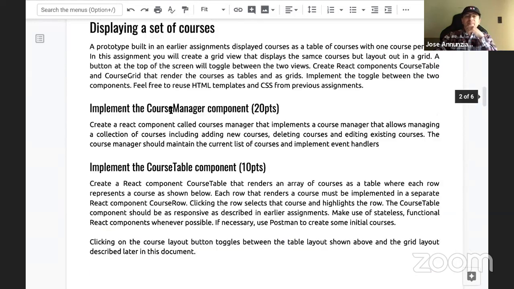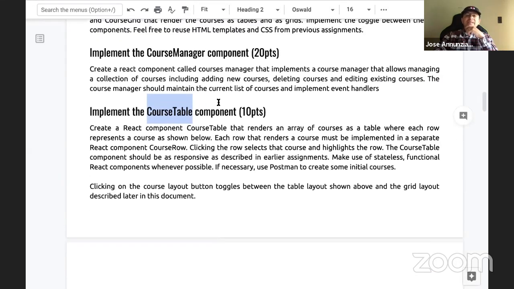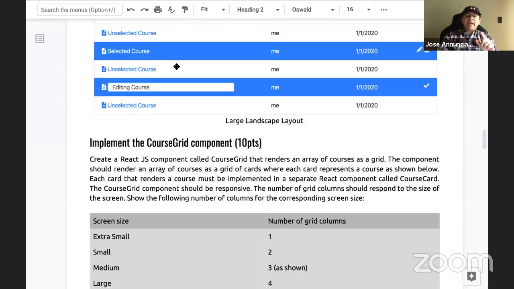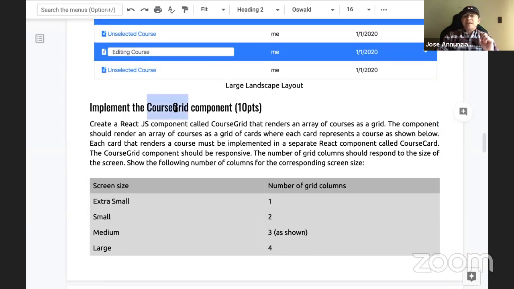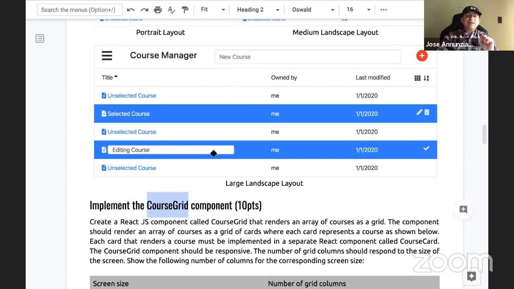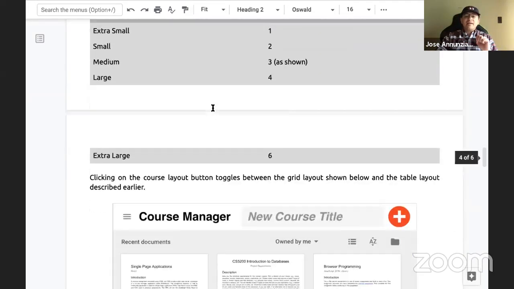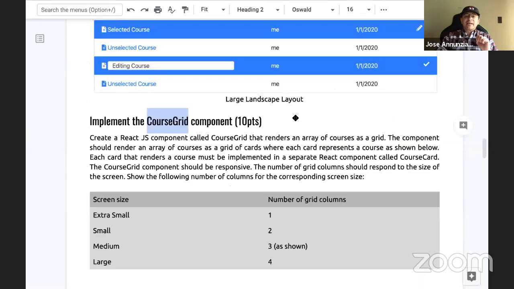We're going to call it the course table. And the course table is inside the course manager. So there could be a parent component that is going to have embedded the course table component inside of it. Inside of the course manager, you are also going to have a course grid. And a course grid is going to render the same information as the course table, but it's going to render it slightly different, right? It's going to use a different layout. Instead of rendering as a table,